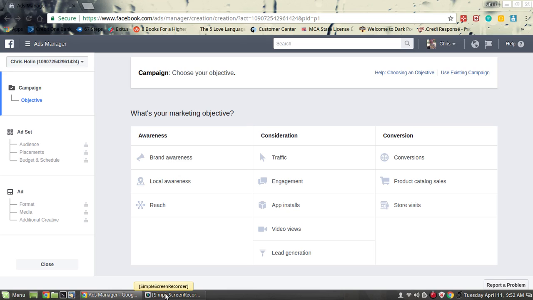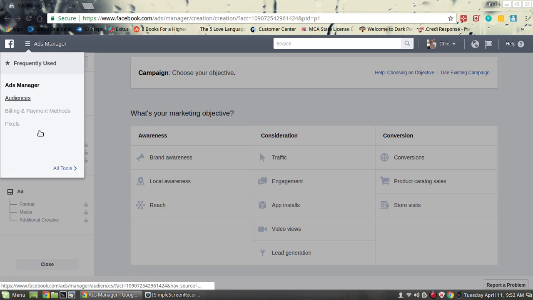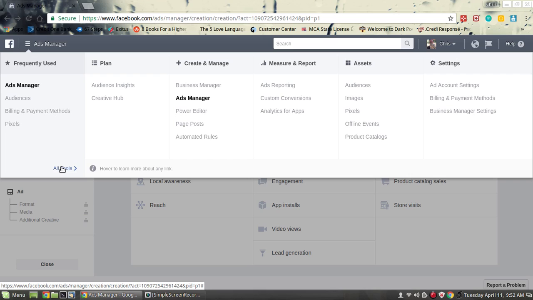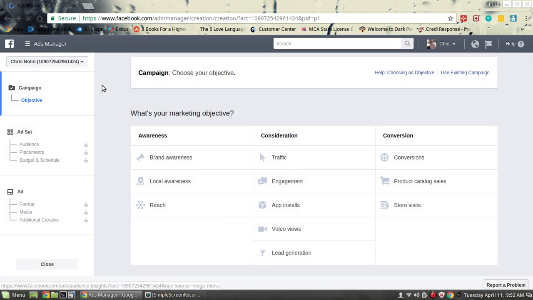So what you want to do is open up your ad manager in Facebook, and then you're going to click up here, and it'll be under where it says all tools, under plan, and go to Audience Insights. Okay,